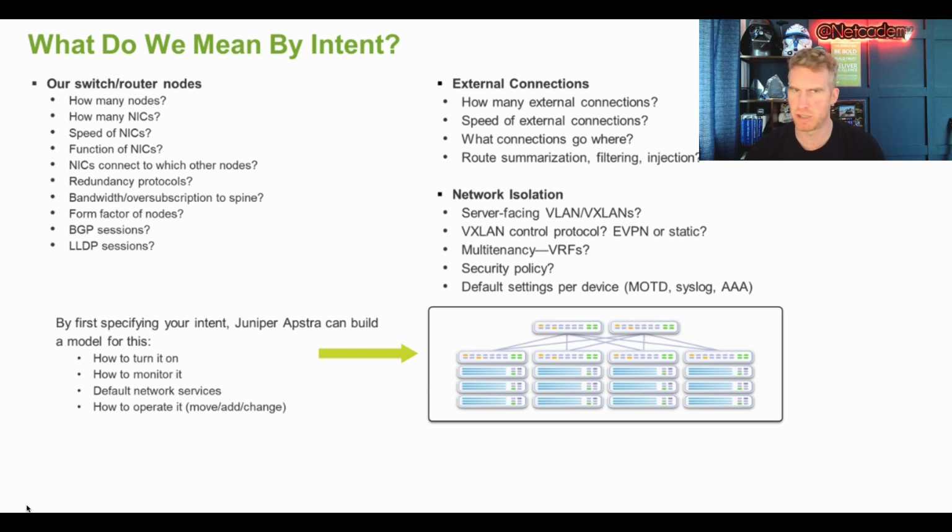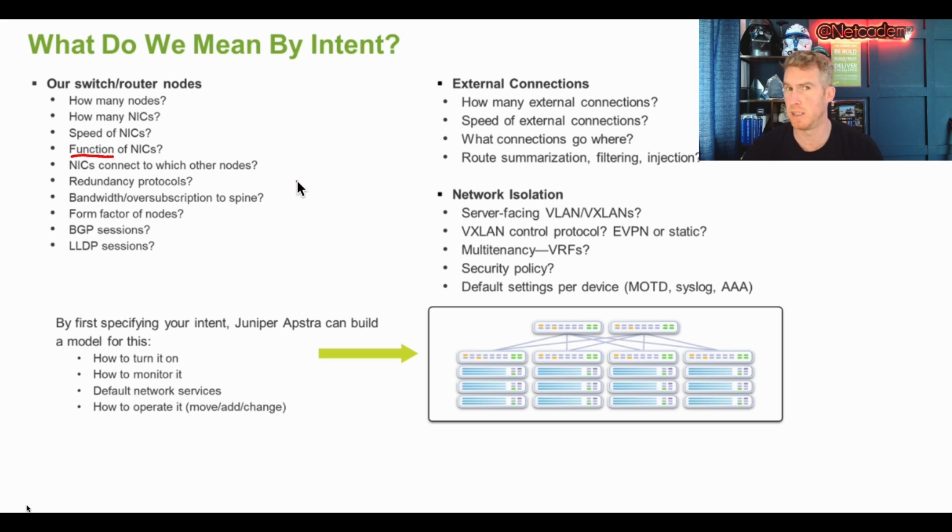And if you want a few more specific points as to what is intent, it could be what are the switches, routers. I don't really use the term routers in the data center world, it's leaves, it's spines. But how many nodes are there, how many spines are actually needed, how many leaf devices are actually needed, how many network interface cards or NICs are actually required, what are the speeds of those network interface cards for both the uplink and the downlink, what is the function of those network interface cards, and by function it's referring to, is this a port that's connecting to a spine,